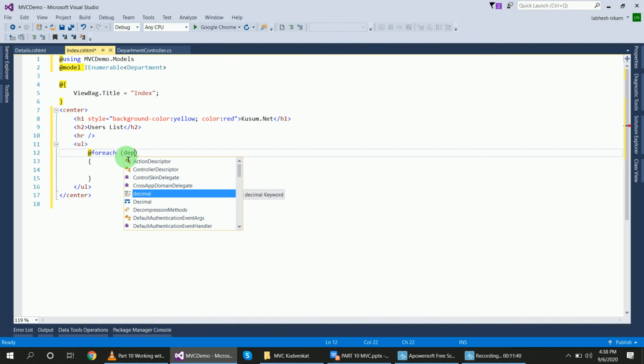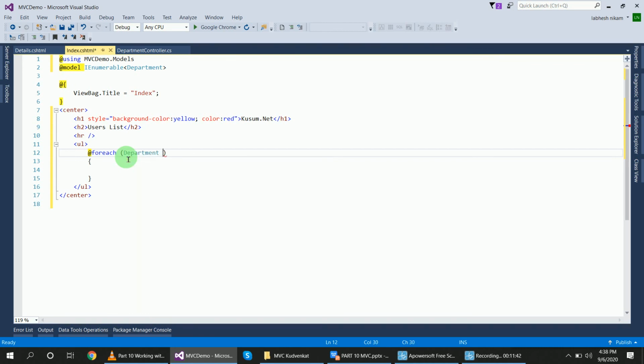For each department, suppose dpt in @model. Okay, in model I will use a link tag to display the list of items.